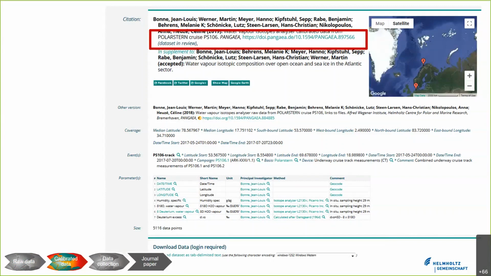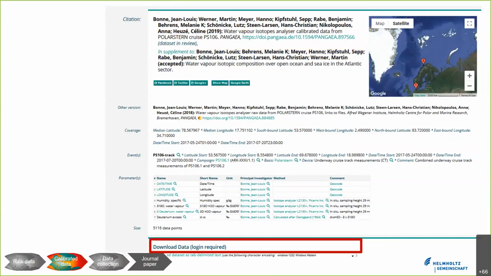So this dataset is still in review at the time when I made the screenshot, and you can also see that the login is required. That means that other users cannot see the data table like I showed you before, but everybody can already see on the PANGAEA website the metadata related to the paper.